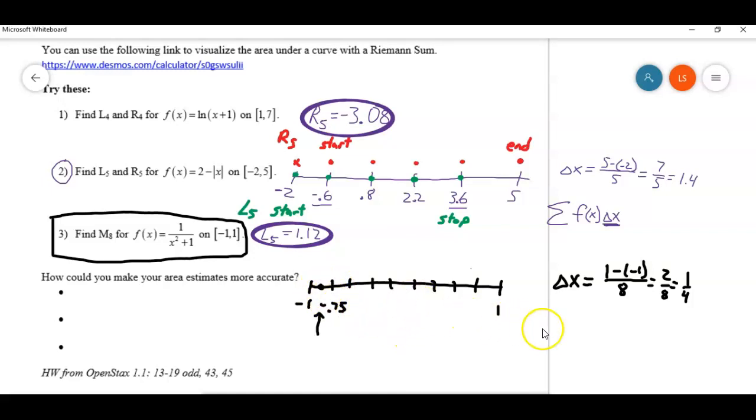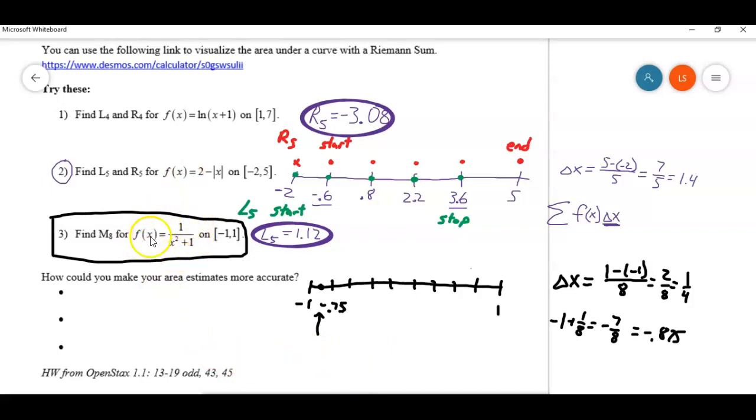So what we can do is just take an average of those two, or just add half of this delta x. So half of the delta x would be 1/8. So negative 1 plus 1/8 would be negative 7/8. Or if you want to put that in your calculator, negative 7/8 is negative 0.875. So either way there, negative 0.875. If you like decimals, you can use that, or the fraction negative 7/8. So we'll go ahead and switch back over to